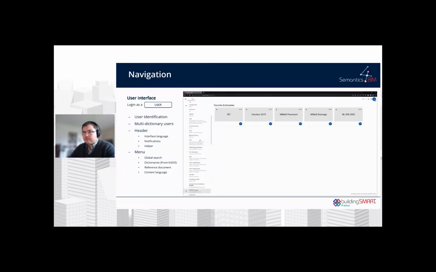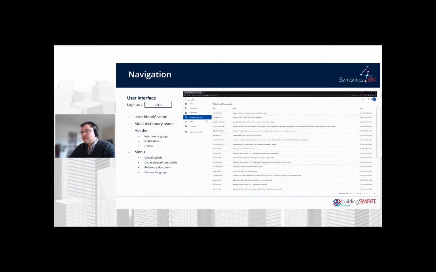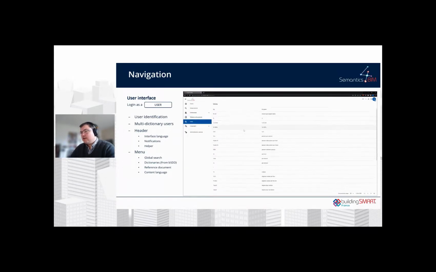And if as a user I want to have a favorite, I can click on the star here, and the dictionary will be in my favorites to have quicker access to it. We'll have access to the reference documents and the units. This is to be compliant with the ISO, and all of the languages used in all of the dictionaries. Okay, this is just to present the interface.